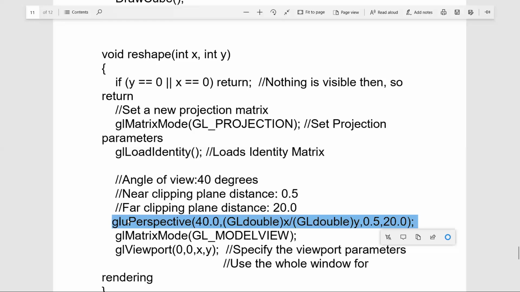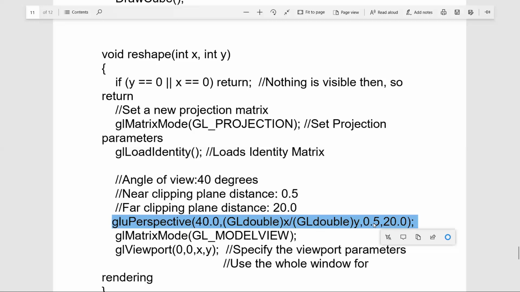Let us come back to the gluPerspective function. This gluPerspective function is allowing us to set the angle of viewing as 40, and it uses x divided by y as the second parameter of the perspective function, and the clipping planes are distanced at 0.5 and at 20.0.